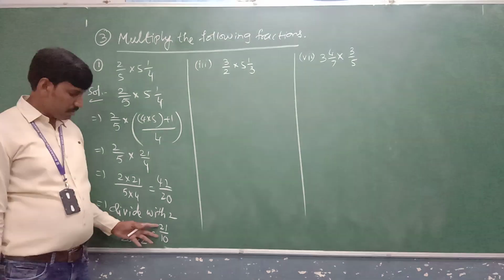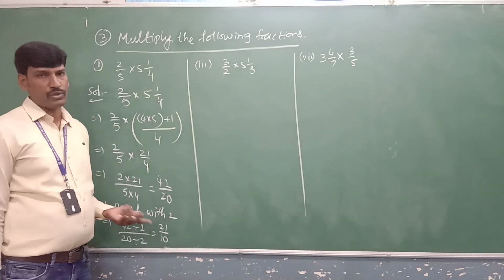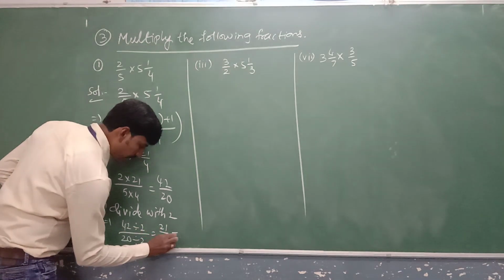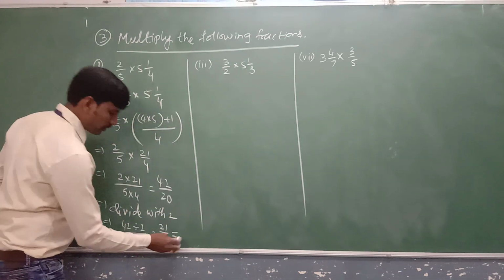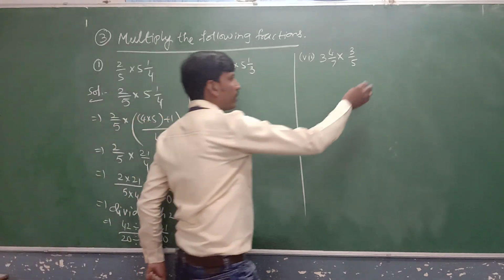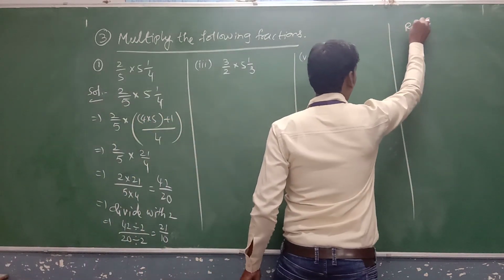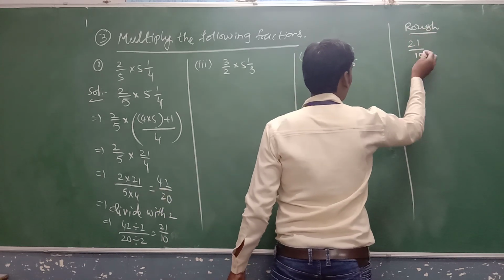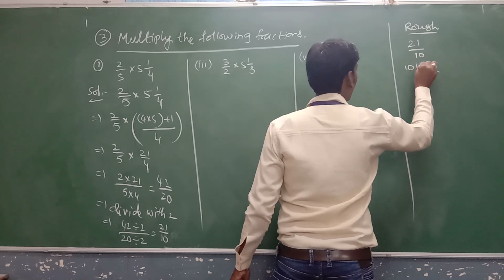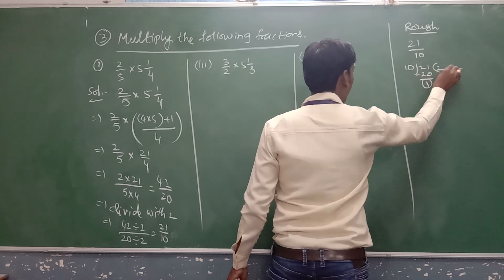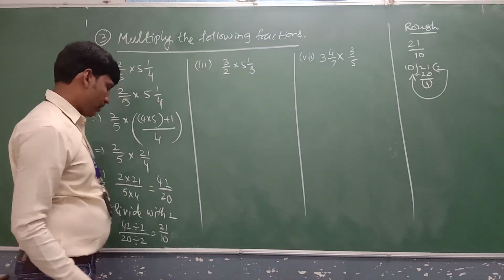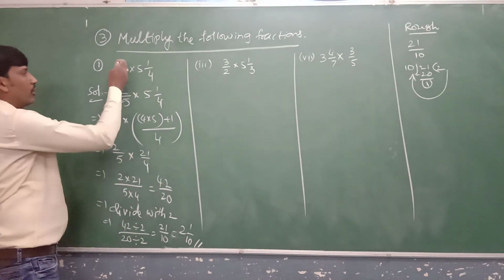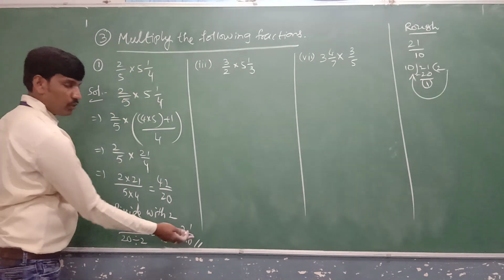Clear? These two numbers have only 1 as the common factor, there is no other number. So therefore, convert again to mixed fraction, because the question is in terms of mixed fraction. I am doing rough work here. See this here? We got 21 by 10. So 21 by 10 is equal to, how much is it? By dividing 21 with 10, 10 2s are 20, 1 is the remainder. So 2 1 by 10 is the answer. I hope you understood. 2 by 5 into 5 1 by 4 is nothing but 2 1 by 10.